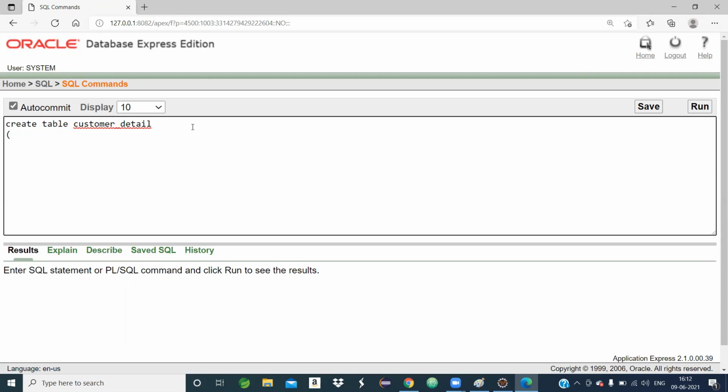Suppose the customer detail table has 3 columns: one is customer ID, one is customer name, one is customer address. How many columns you consider at the time of creating a table depends upon your thought.